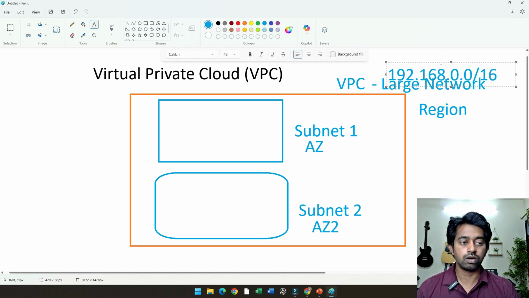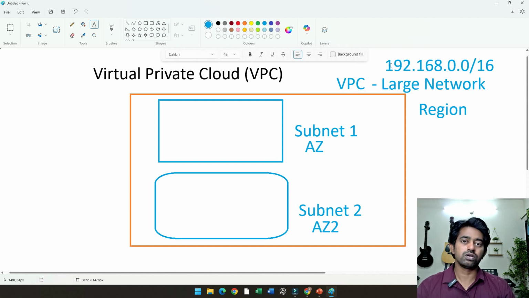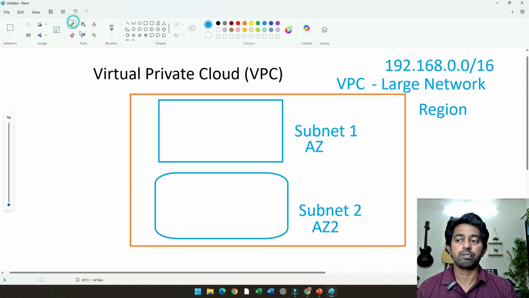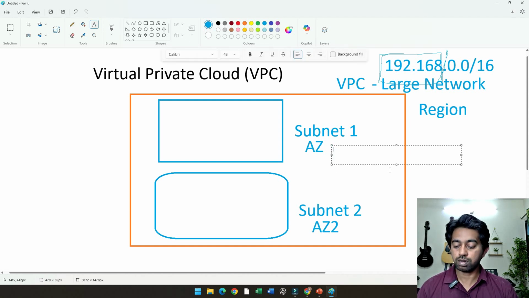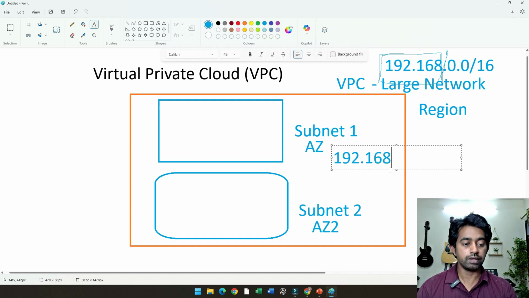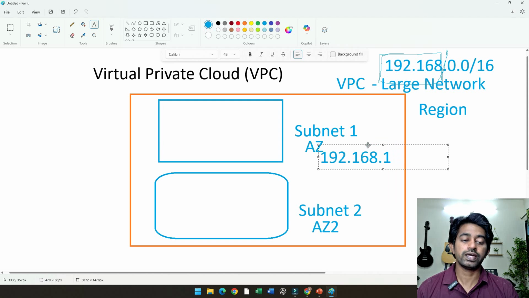If my VPC is 192.168.0.0/16, there are 4 different octets. If you check the binary equivalent, there are 32 bits here, 8 bits in each octet, and /16 just means we are breaking the network from here. The front section defines the main network, that is the VPC. That's why for the subnetwork, the first 2 octets remain the same, 192.168, and the third octet is what defines the